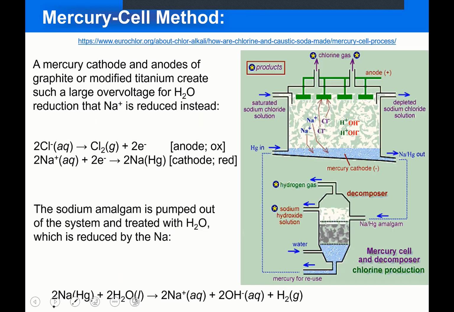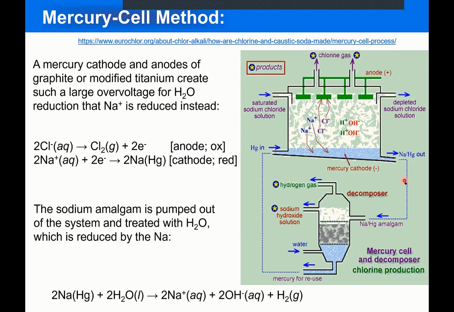The advantage of the mercury cell is that you use a mercury cathode and anodes of graphite or modified titanium. The whole advantage is that the liquid mercury cathode eliminates the need of having a separator between the cathode and the anode. And what happens is that at the anode, the oxidation of chloride to chlorine gas is going to take place, and the reduction is going to be actually reduction of sodium ions into sodium amalgam that can then be taken out